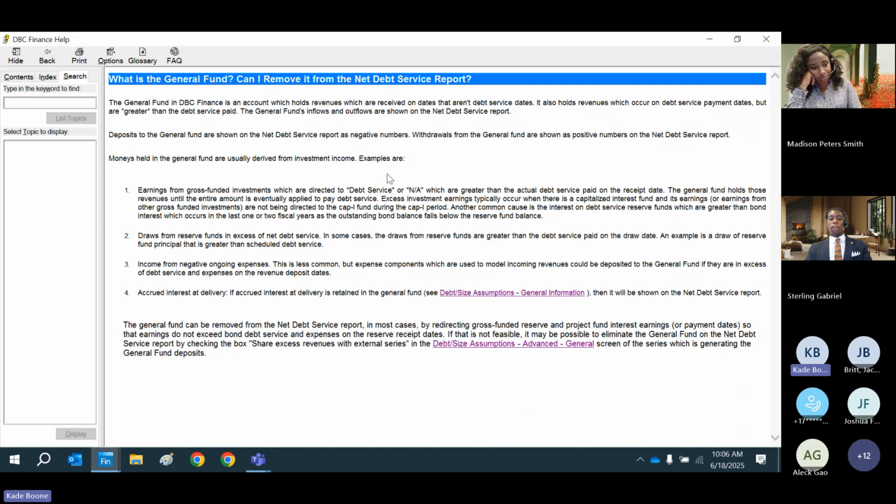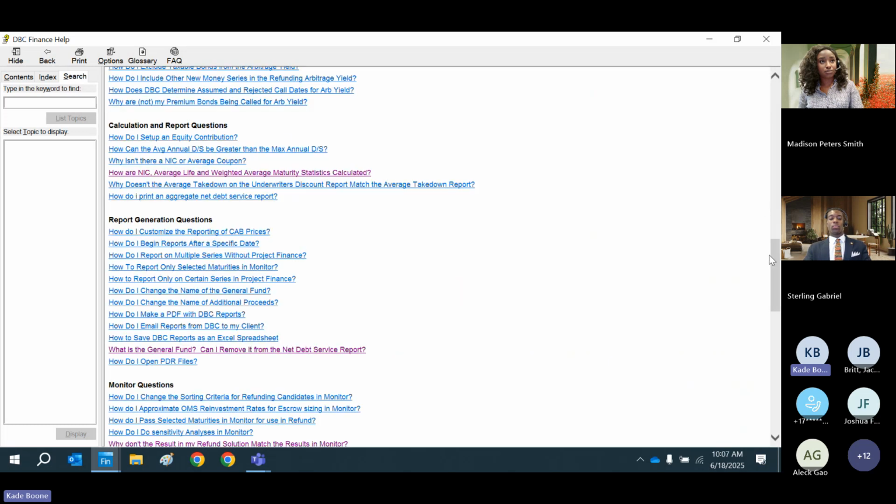Is what is this? How do I get rid of it? A lot of times, if you're in a project finance, you're calculating Cap I interest in aggregate and allocating it pro rata. Well, obviously, the interest that's allocated is not going to match up to each individual series. So we'll say, instead of calculating it in aggregate, you may want to calculate it on a per series basis so it won't produce anything extra, right? And there's a number of other ones. So I would say the FAQ,